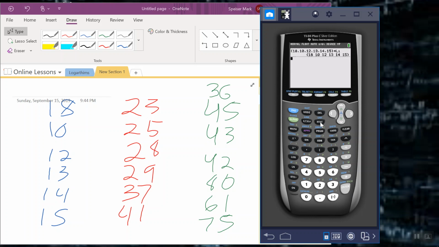Another way to type it in is we hit stat, go to option number 1, says edit, scroll over to the list you want. In this case, see list 1's already there. We're going to type in this list, list 2, and this list 3. They don't have to have anything in common, so there's 23, 25, 28, 29, 37,